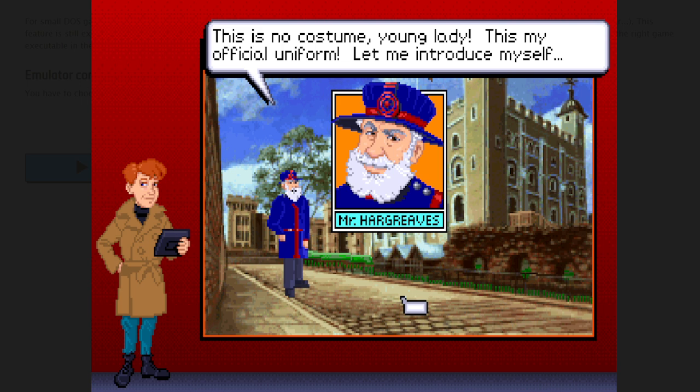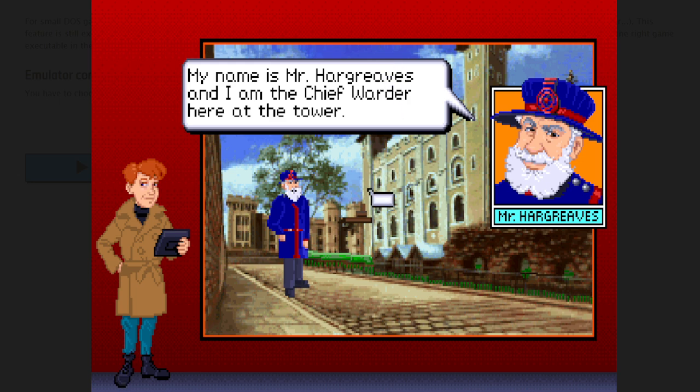Let me introduce myself. Oh, I see a typo here. It says "young lady." This must be one of those things where, when they were doing the 2 different versions of the dialogue depending on who you're using, they probably forgot an if then statement in the code somewhere. Yeah, either that or he has very poor vision. One of the two. Anyway.